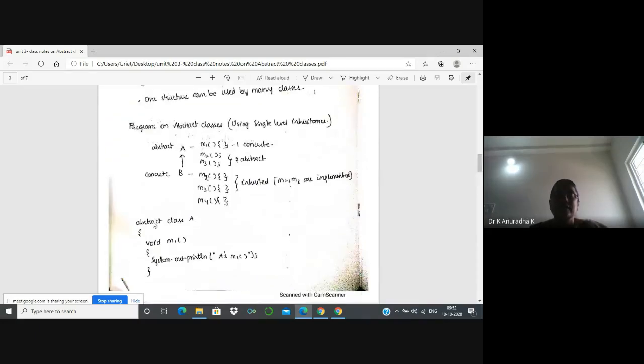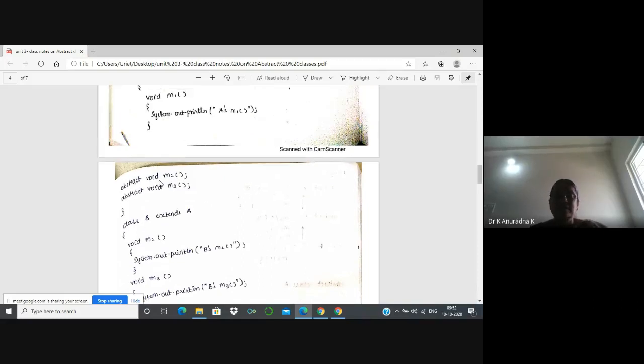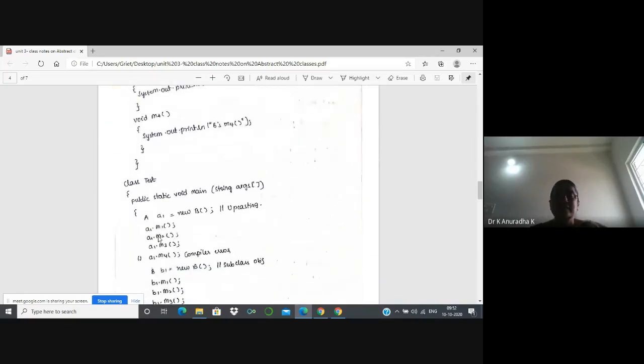Now the question is, for abstract classes we can't create objects, so we can't access the members of the class directly. But how do we access the members of this class? By creating a subclass object and assigning that subclass object to the superclass reference variable. So by applying the upcasting concept, we can access the members of the abstract class without creating objects. Now I will explain that concept in one more class.